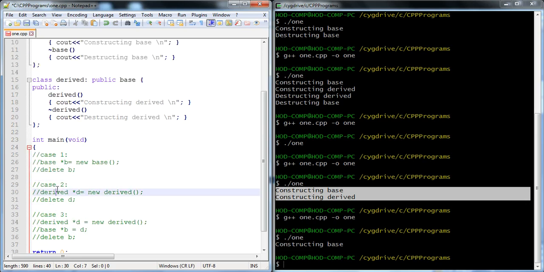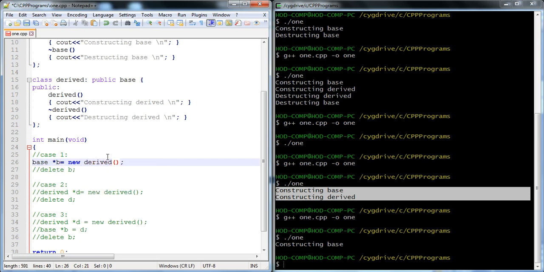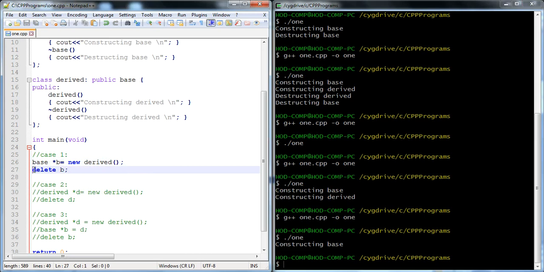Now case 2: we create a derived class pointer and assign the derived class constructor to it. What will be the output? One concept remains: when we create a base class pointer and then delete it, we run this again.